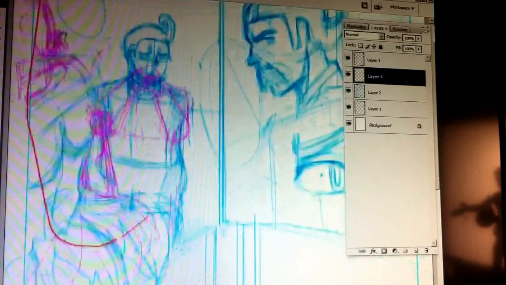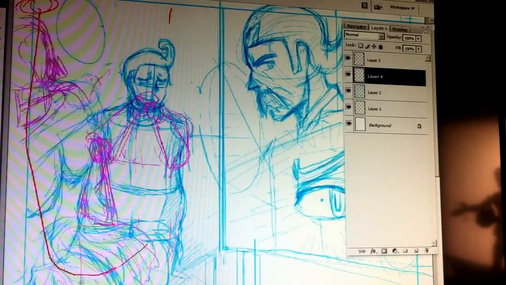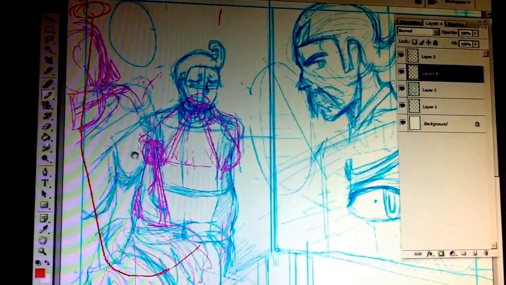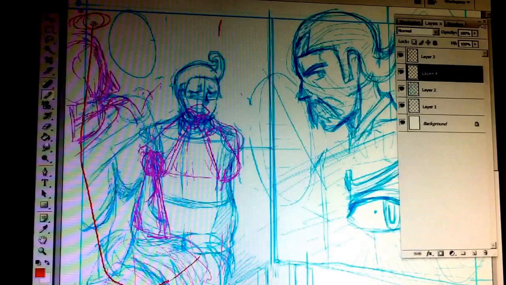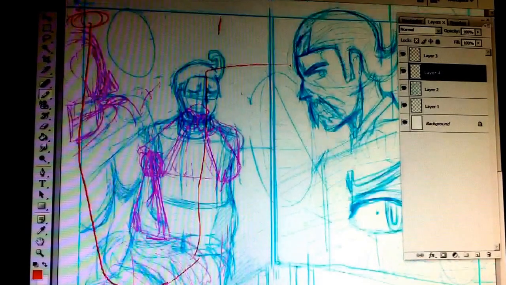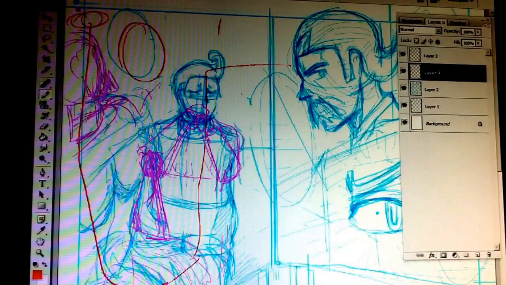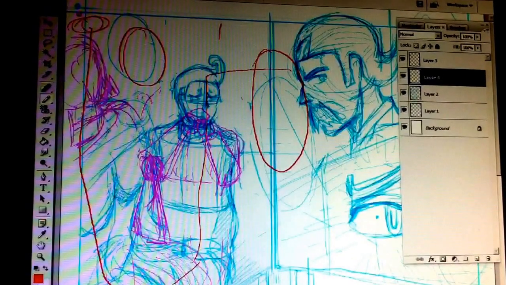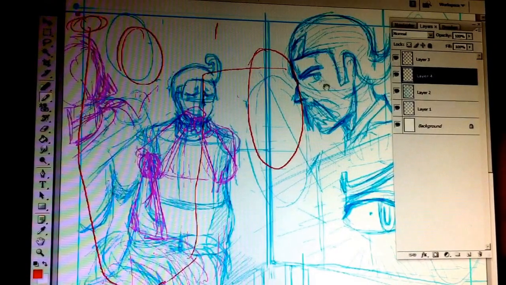So right now I want the person's eye to come down here, and then I hope you guys can see it. I want the eye flow to come down here and then go up this character and to the next panel. Now this speech bubble was right here for now, but I can move it right here, and this will make it easier for the eye to travel across the panels